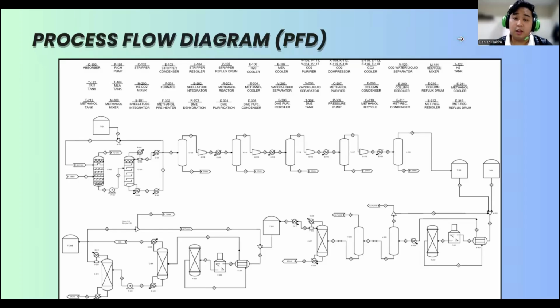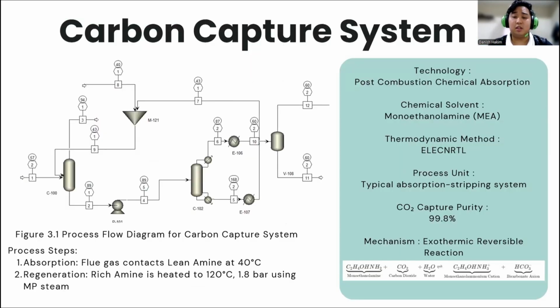So right now, I'm going to explain the whole process of how we utilize the carbon dioxide obtained from the carbon capture system until producing dimethyl ether, using Aspen Plus version 14 as our simulation tool. For carbon capture, we are using post-combustion chemical absorption technology, which requires a chemical solvent, monoethanolamine, which is the MEA, that will react with the carbon dioxide using an exothermic reversible reaction, then undergoes a further separation process to obtain 99.8%